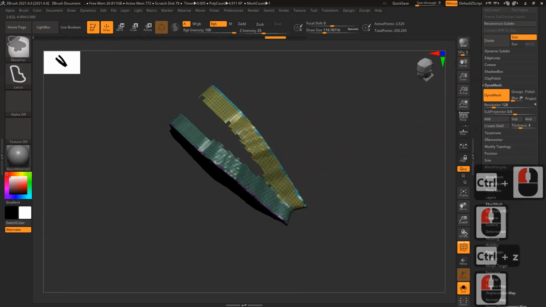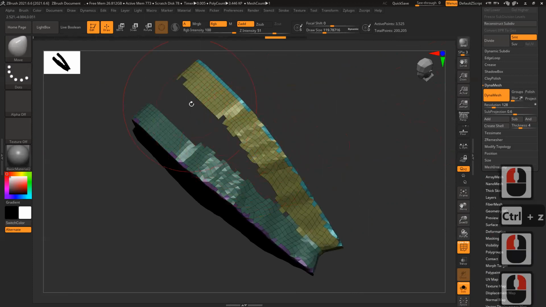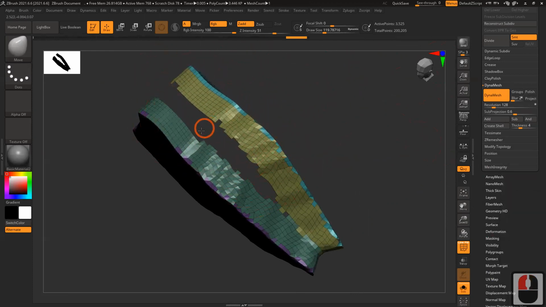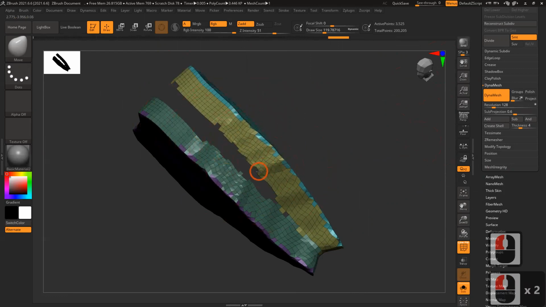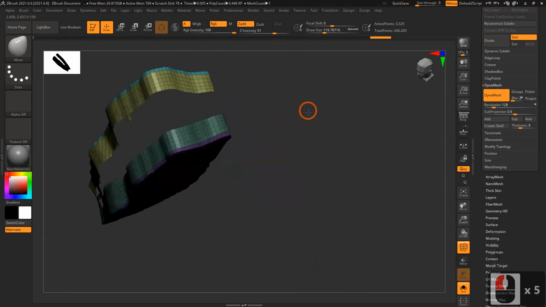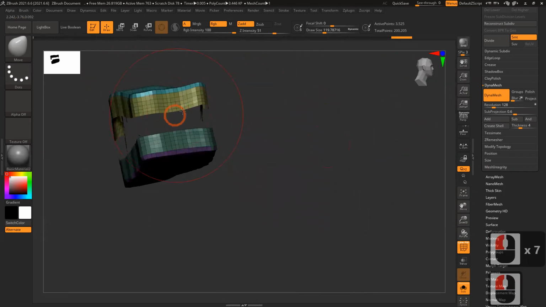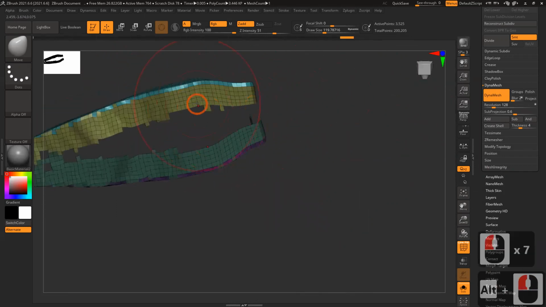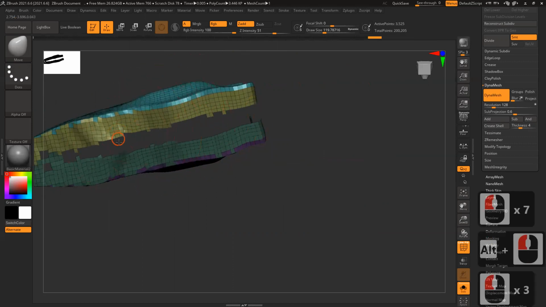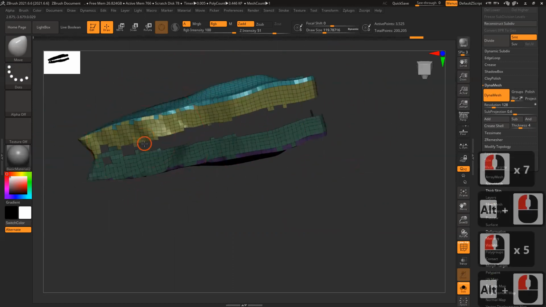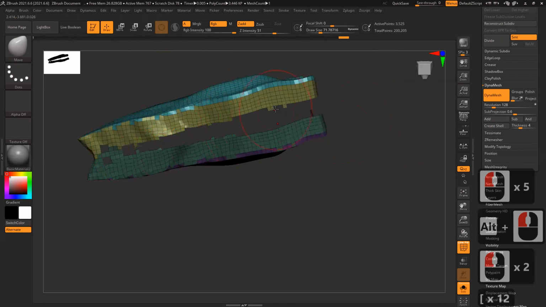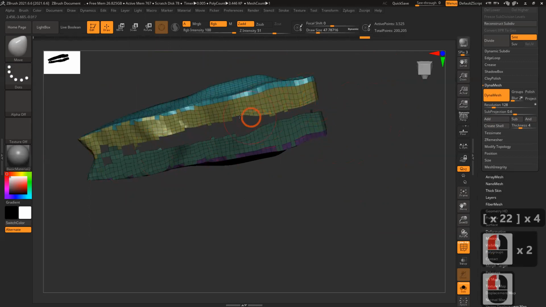I can do it like this, or now I have move brush. I can move it, keep it a little close. If I want, I can reduce the brush size, so it will become a little easier. If you reduce the brush size, the falloff will reduce, so I can move it even closer.